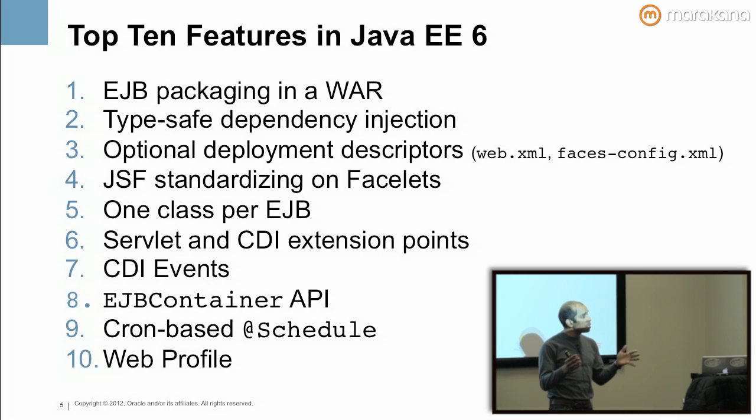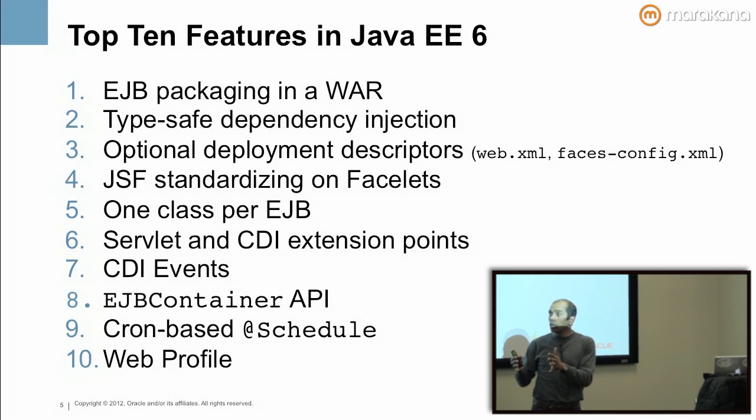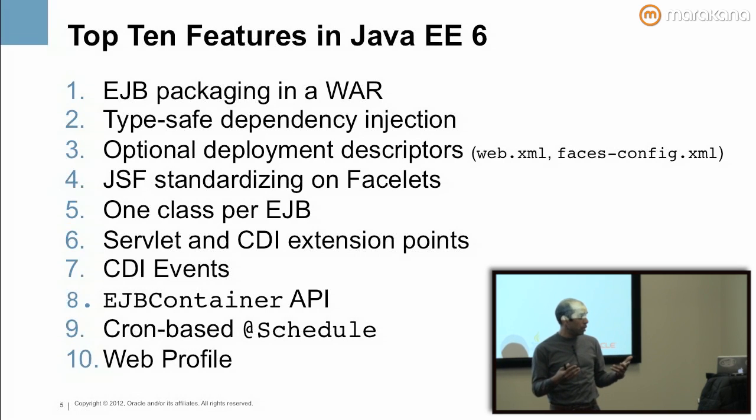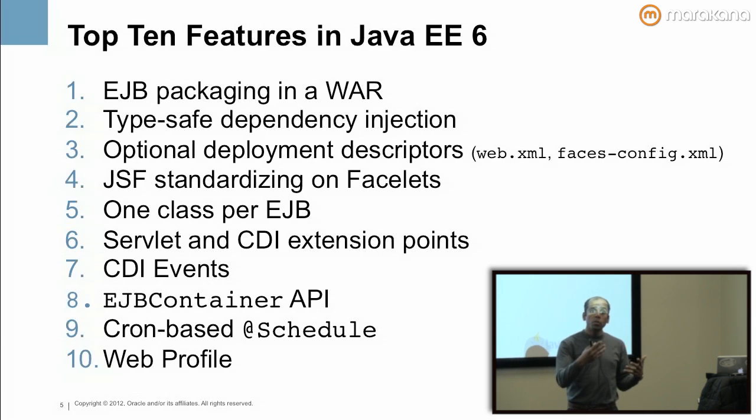So we define something called Java EE web profile, which is a lightweight version of Java EE. And so Glassfish, which is a reference implementation of Java EE, comes in two flavors. There's a web profile download, and there's a full platform download. The web profile download is 30 megabytes. In those 30 megabytes, you get a subset of the specification of the platform with which you can write a